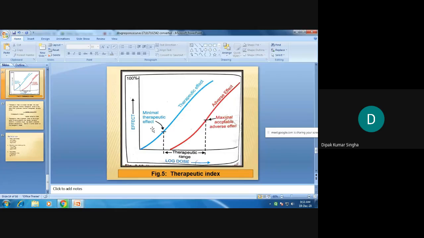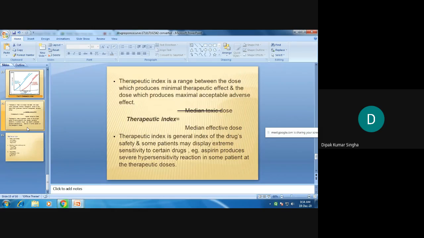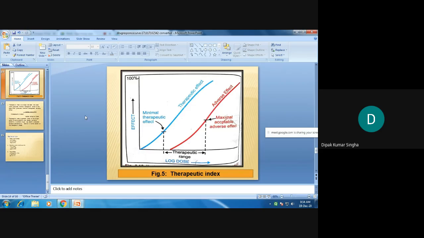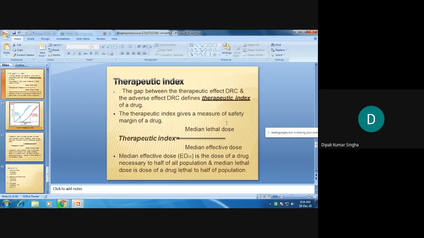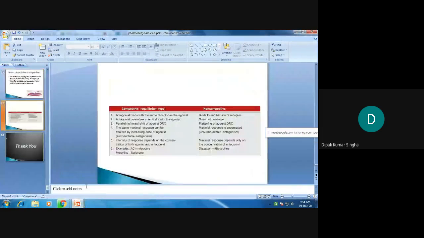These are the minimum therapeutic effect, and this is the therapeutic effect, and this is the adverse effect, and maximum adverse effect, the therapeutic range of the drug. This is the effect versus log dose. এটা dose versus concentration and dose versus effect। এখানে কি আছে? হ্যাঁ, therapeutic index। পরে আমি আবার দেখাবো, এটা আরেকবার ভালো করে বোঝার চেষ্টা করো। LD50 বা ED50।